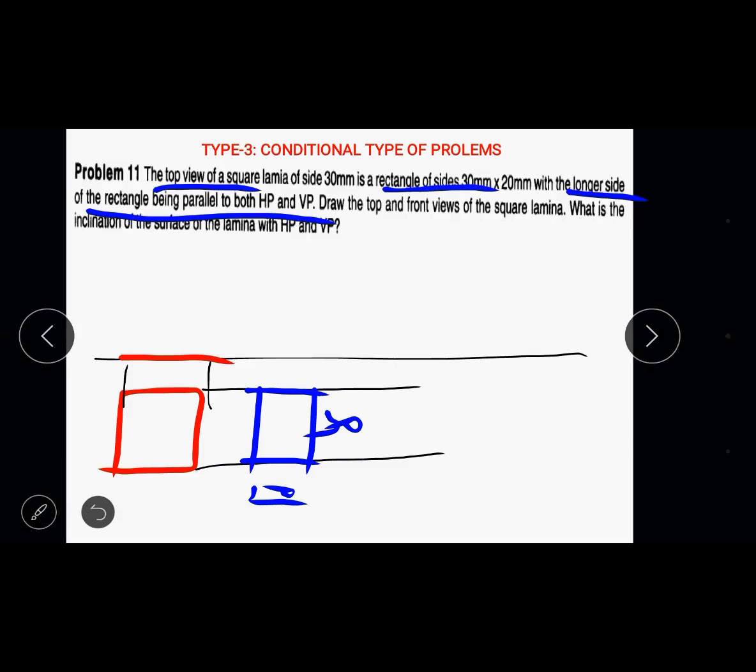Then after that what I will do, so here in the previous cases the HP angle was given. So if the square lamina is tilted to some HP angle, the resulting top view in the form of an irregular lamina, maybe in the form of a rectangular lamina, we were supposed to get it. But here, instead of the HP angle, the direct top view, the resulting top view of step 2, is given in the problem. The square lamina will be in the form of a rectangle.